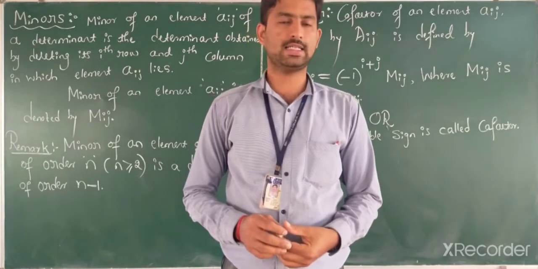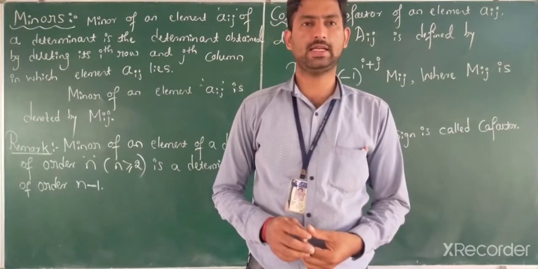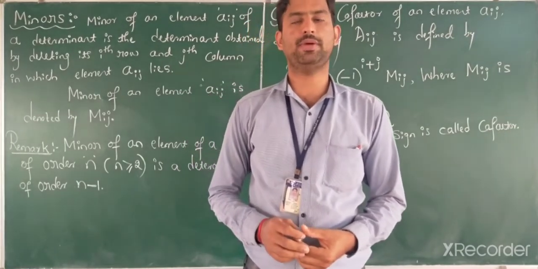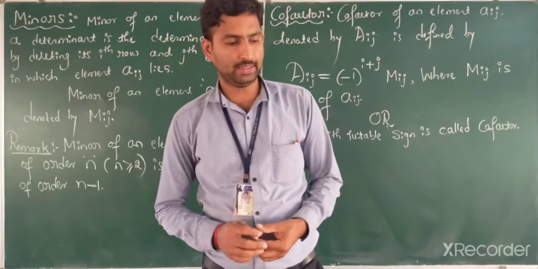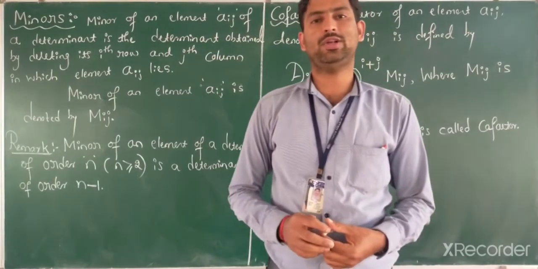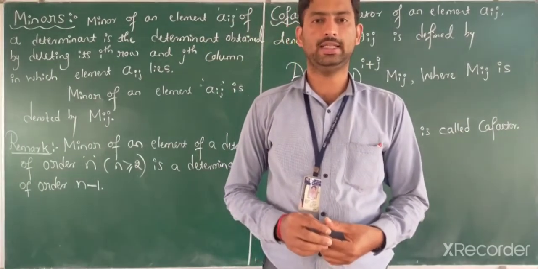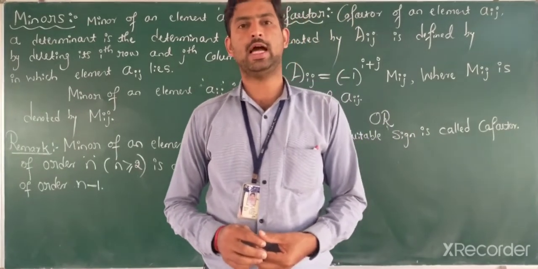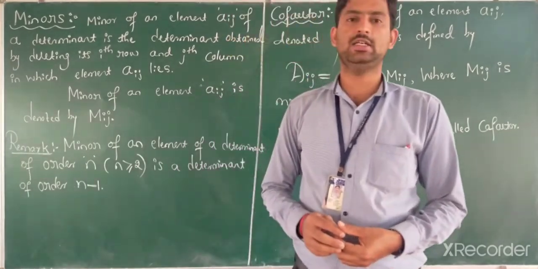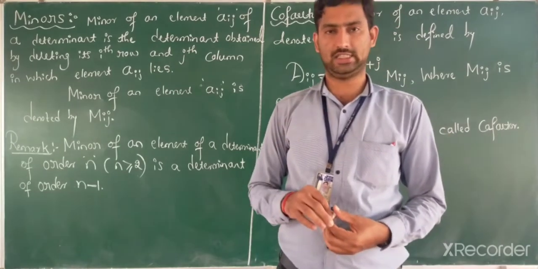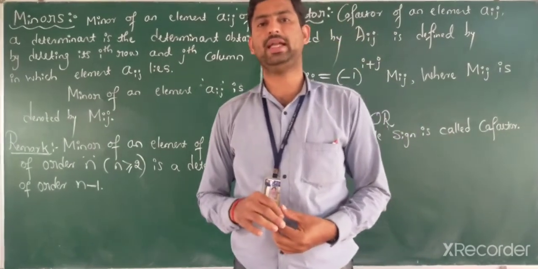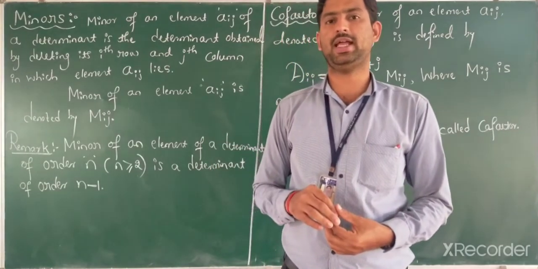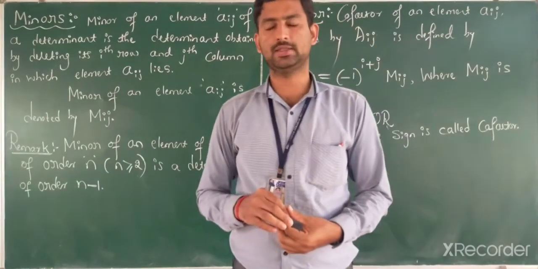In the last session, we discussed some problems based on the area of a triangle. After that, showing that points are collinear. I think that question is very important for your annual exam. After that, finding the equation of a line passing through 2 points with the help of the area of a triangle method, that is nothing but the determinant method. Area of a triangle with the help of determinants.